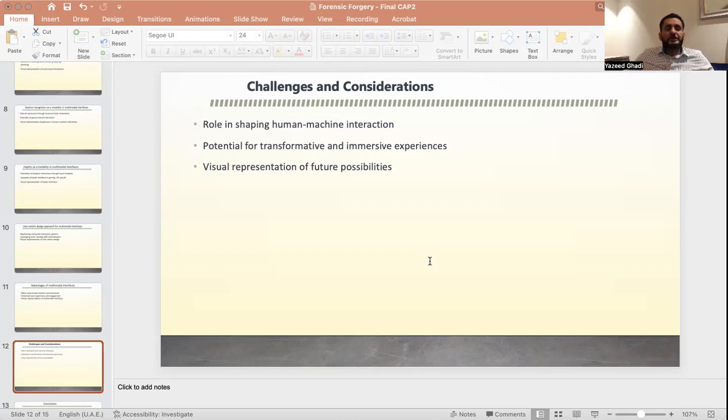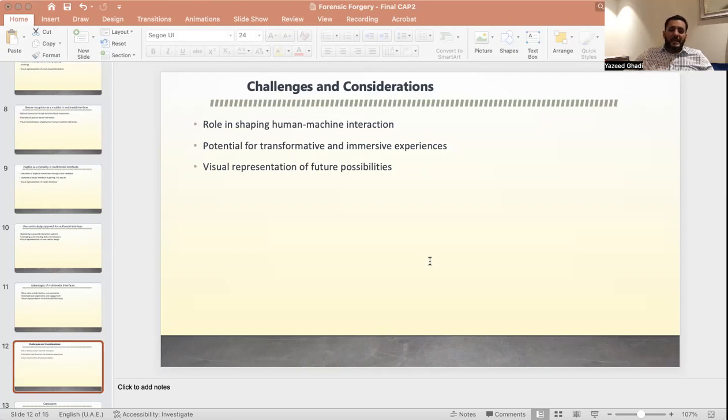Last challenge, and I do consider it as one of the important challenges that faces us, is privacy and security. Now, when we talk about privacy and security and relate it to what we're talking about, human-machine interaction, multimodal interfaces often involve collecting and processing sensitive user data, such as voice recordings or biometric information. Privacy and security considerations become crucial in these scenarios. System designers must implement robust security measures to protect user data and ensure user consent and transparency regarding data collection